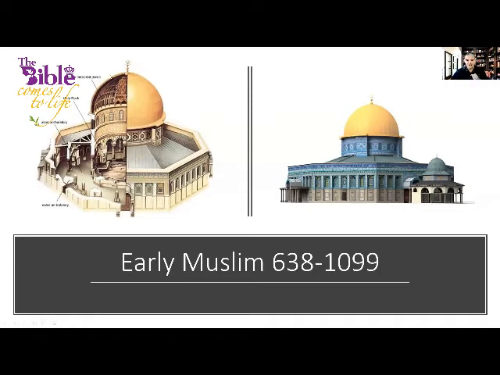When you look at the layout of the Dome of the Rock, it's an octagonal shape. Octagon was a widely used structure in the Byzantine world. We have to remember that when the Muslims controlled Israel, when they invaded into the Holy Land, most of them did not know how to build magnificent structures. They came from the desert of the Arab Peninsula.